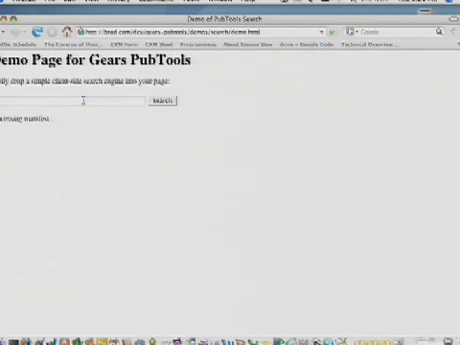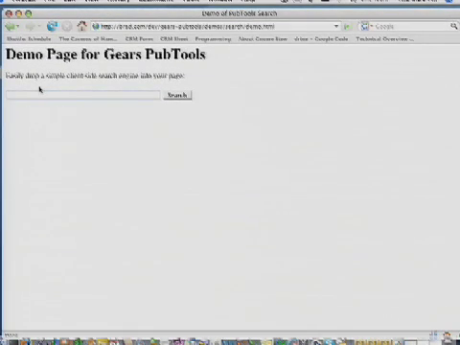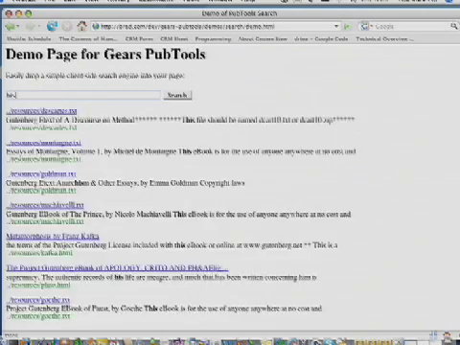So here we see a search form. This is a simple page. And in the background, you saw that processing manifest. What it was doing was downloading a list of URLs that actually points to a bunch of books from Project Gutenberg, books by authors like Goethe, Descartes, and it was indexing them into the local database, into the full-text search. So now, as I type in real time,